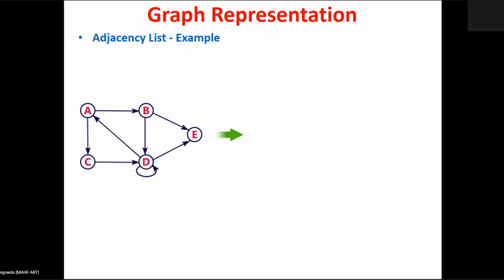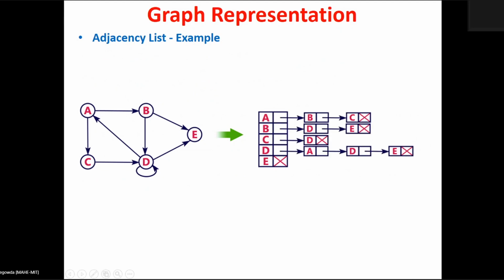So this is the given example. The adjacency list for this example is written like this. This is nothing but the array of lists here. First I am going to consider the vertex A. From the vertex A, I have directed edges from A to B and also A to C, so this can be represented like this: B, comma C. Whatever you represent here, you should represent it in typographical order.